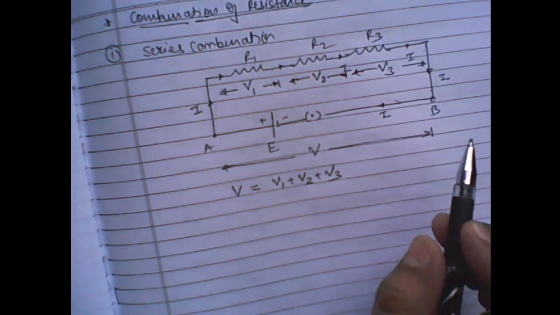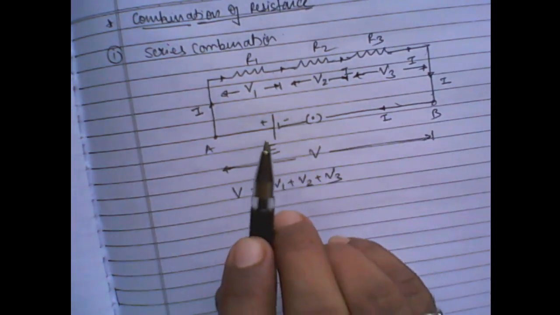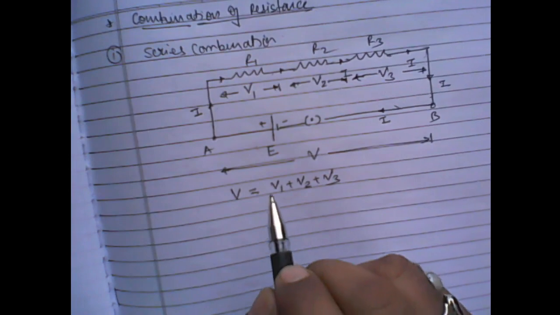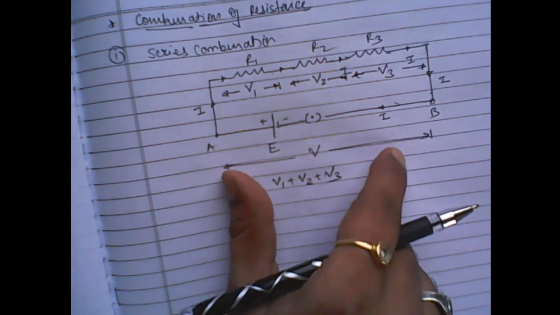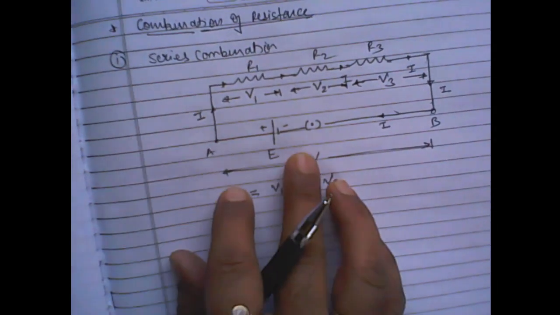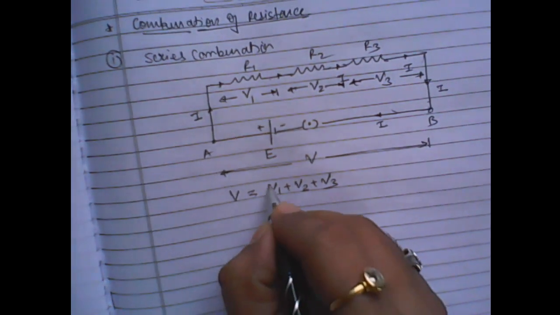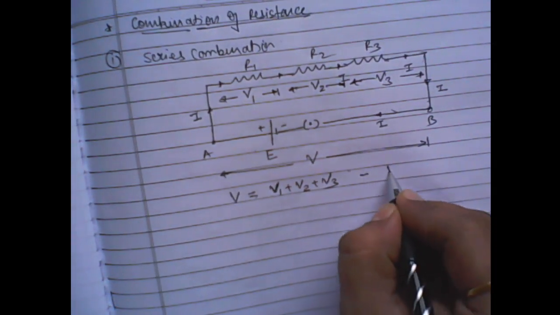So that is why, what is the main thing in series combination, the current is the same. As we have seen in the capacitors, the charge was same, so here the current is same, but there is a slight difference between the combination of resistance in series and combination of capacitance in series, right? So I will just let you know what it is. So this is say equation 1.